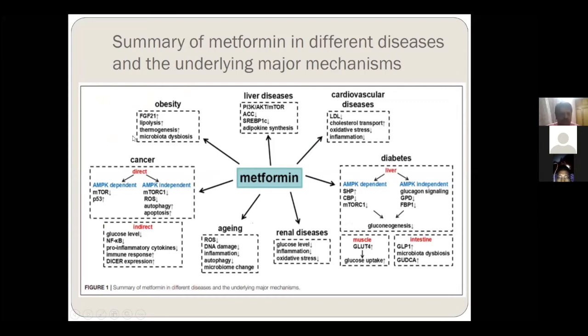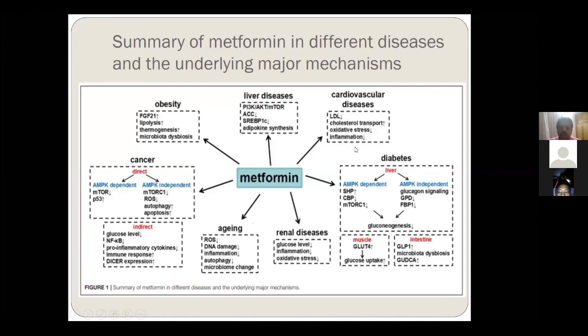So using metformin, it may heal the microbial dysbiosis, and it will reduce the generation of toxins, and which will reduce pre-cortisol and other things, which will reduce the atherosclerosis also. Liver disease also will be reduced significantly. Cardiovascular disease is reduced because it reduces the cholesterol transport, and the LDL cholesterol, it reduces the oxidative stress and